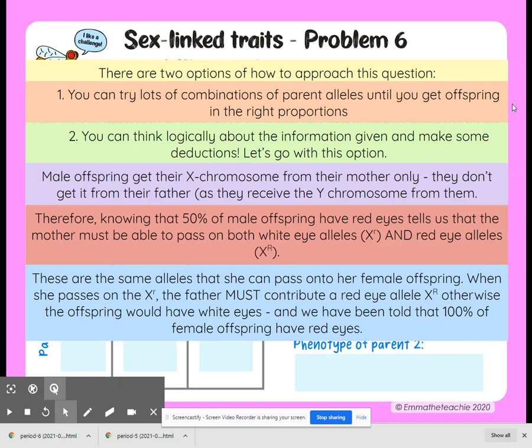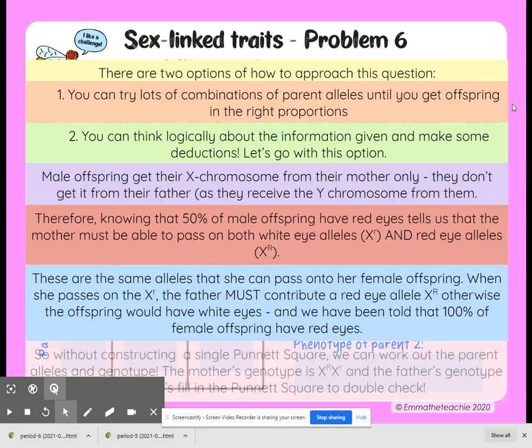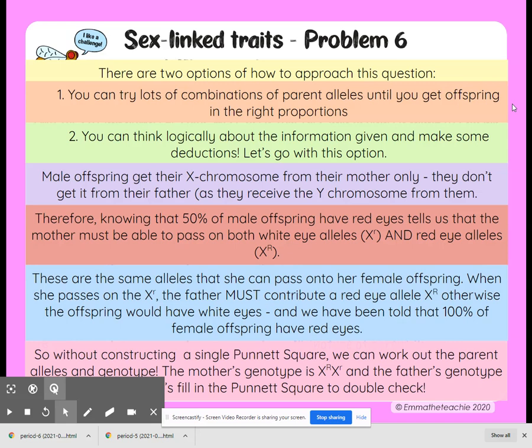When she passes on the X with the lowercase r, the father must contribute a red eye allele, like the capital R, otherwise the offspring would have white eyes. And we've been told that 100% of the female offspring have red eyes. So without constructing a single Punnett square, we can work out the parent alleles and genotype. The mother's genotype is X capital R and X lowercase r. The father's genotype,